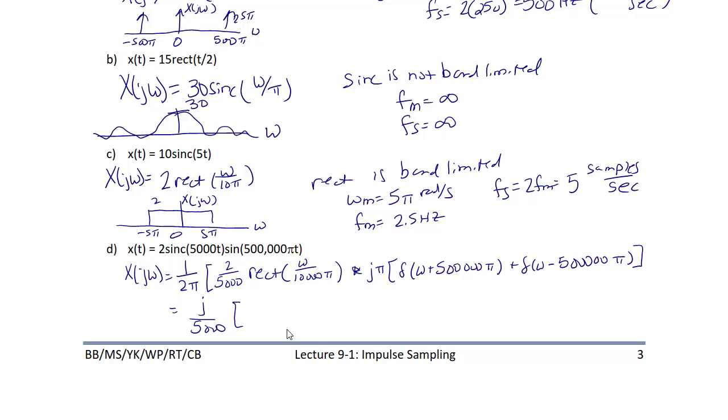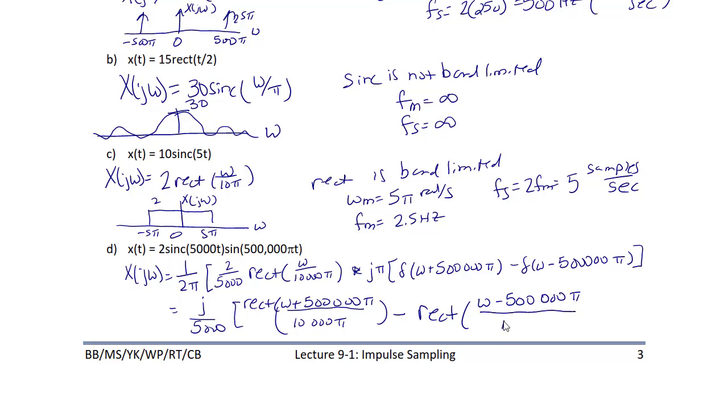So when you convolve these signals, it creates a copy of the rect at 500,000 pi and negative 500,000 pi. So we're going to have rect of omega plus 500,000 pi divided by 10,000 pi minus, note this should have been a minus here, so we're going to have minus the rect of omega minus 500,000 pi